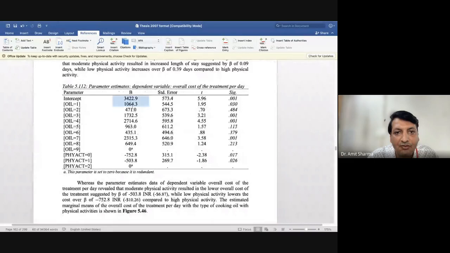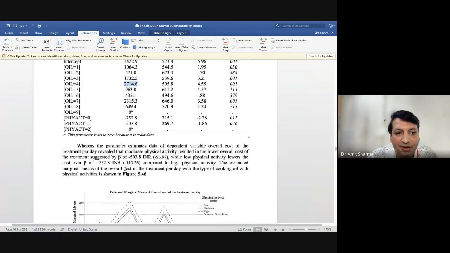See, this is the value of beta for cost. If I am taking code number 9 oil, that is rice bran, and if I switch to oil number 4, I have to spend more. That means the beta was found positive, so this is how many USD I have to spend more. So see here, this is the way we have to write these two lines.